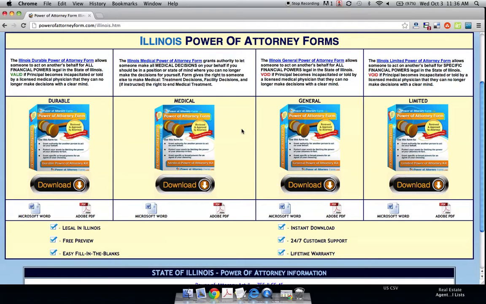I know Bank of America charges around $8 to $10, but if you go to your local bank and talk to the manager and just say that you're interested in maybe opening an account, they'll most oftentimes do it for free. But the more important thing is that you can go to any branch bank and get this notarized. And once it's notarized, it's legal. You don't have to file it with any government agency. And that's it. These are the four Illinois power of attorney forms.